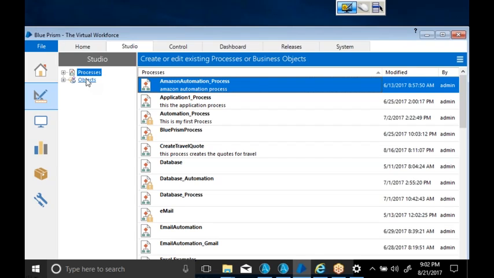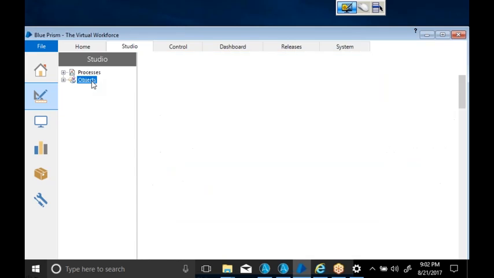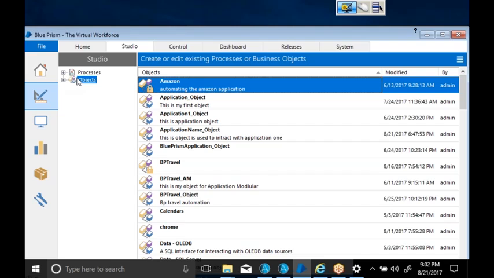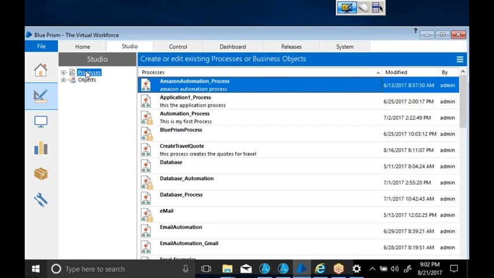Okay. Now you have the process and the object. As I told, you will always create objects for the applications and a process to map all the objects. We do have a feature where you can call a process inside an object and an object inside a process. But as a best practice, we always call the object inside the process. We should not call the process inside the objects. Why? Because finally we will run only the process.